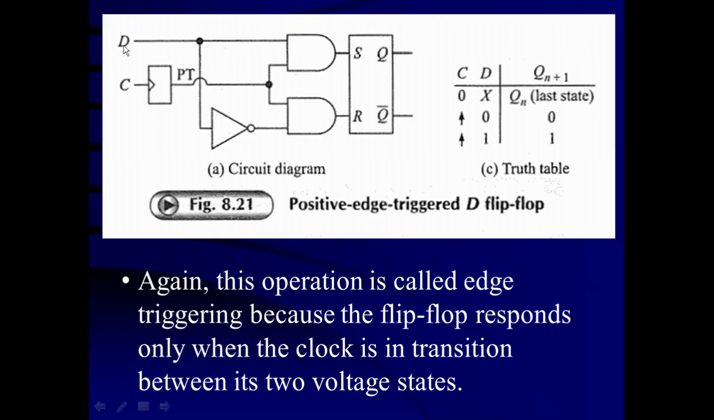If we consider D is equal to 0, that means this input is going to be 0 and this input is going to be 1 because it is complemented by the inverter. So what happens? When there is a positive transition of the clock pulse, these data inputs 0 and 1 will pass through the upper and lower AND gates available to the S and R. That means reset conditions will be there and the flip-flop is going to be reset on the positive transition